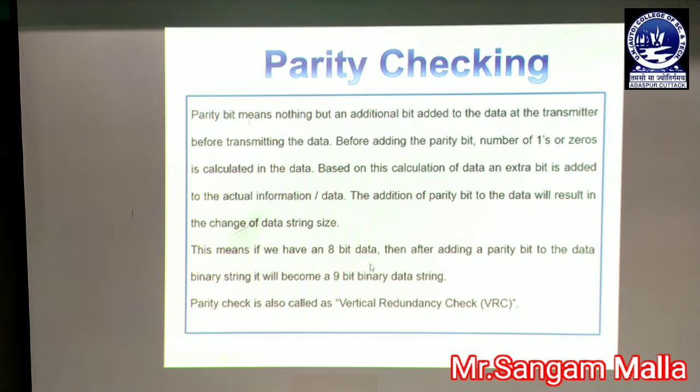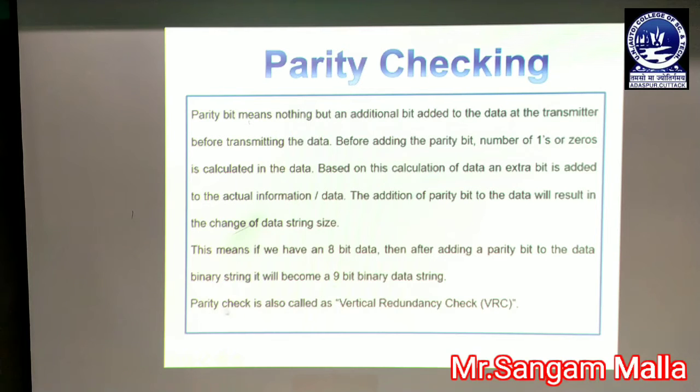As we have discussed, let us say we have 8 bits of data, and whenever we are transmitting, a parity bit gets automatically attached to the data. At that time the parity bit can be either 0 or 1. So let us say 1 parity bit has been added to the 8 bits of data. Obviously the binary string being transmitted will become a 9-bit binary data string. It depends on the size of the data as well as the parity bit attached to it. So whatever data is sent will be the original data plus the parity bit, and the whole data is sent to the receiver side.